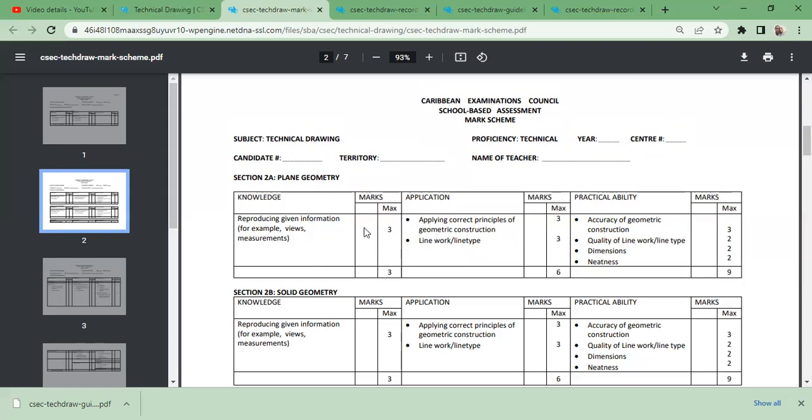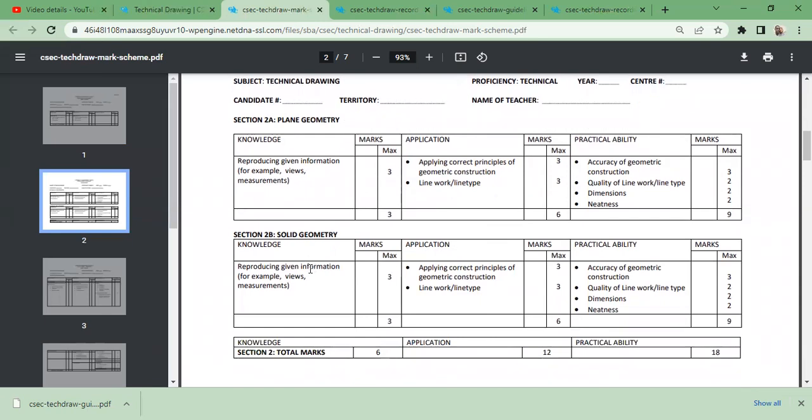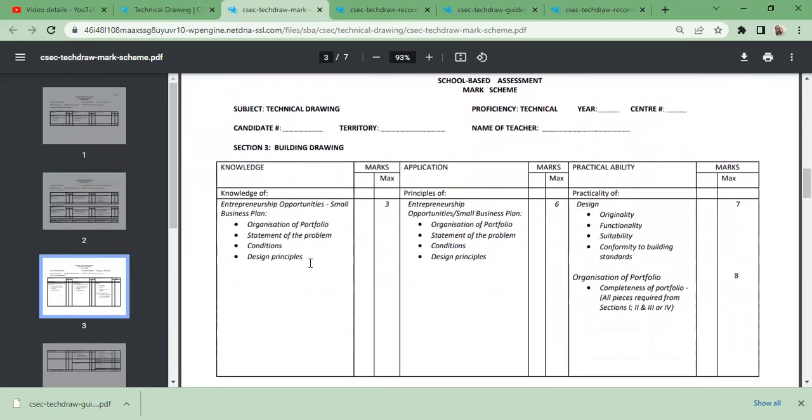So it should be similar to what students used to get when they used to do three papers, as in paper 2, section 2, when they usually draw plane and solid geometry. So the question should be something like that in nature. And note, one question should be taken from plane geometry, one question from solid geometry. Yes. For the building drawing option, here